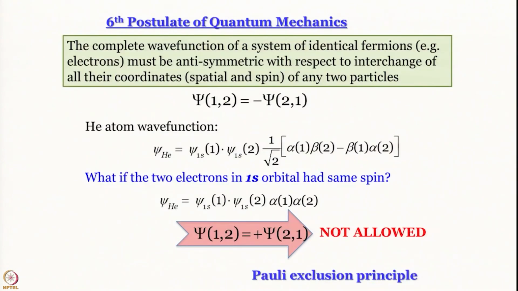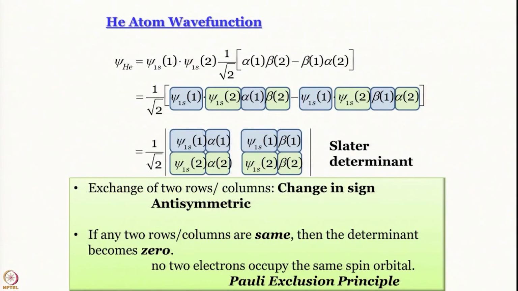and that takes us to the 6th postulate of quantum mechanics, which says that for identical fermions like electrons, the total wave function must be antisymmetric with respect to interchange of all the coordinates. Okay? And that essentially, as we learned, led to the Pauli exclusion principle, which said that the ms value must be different, and incorporating that we learned how to write this many electron atom wave function very conveniently in the form